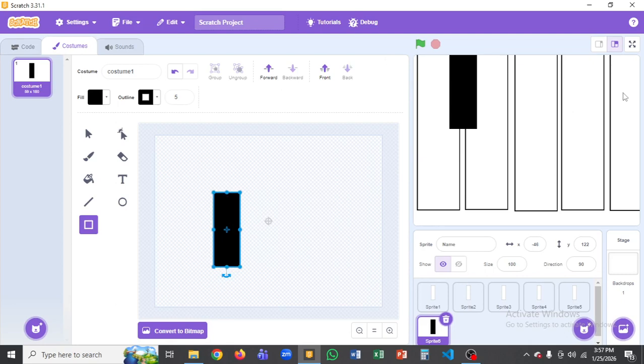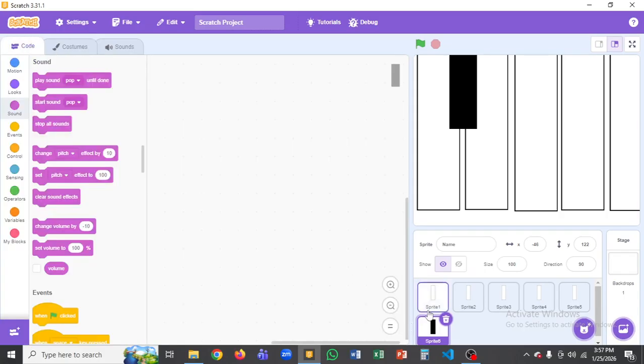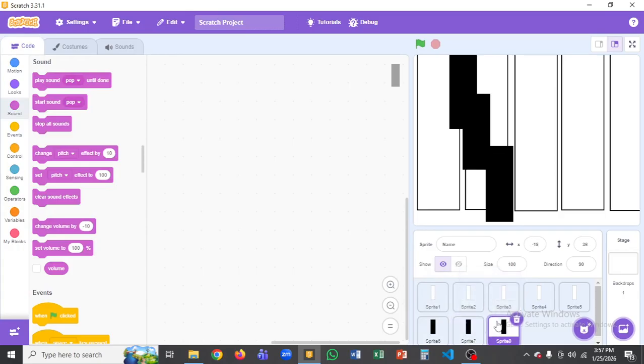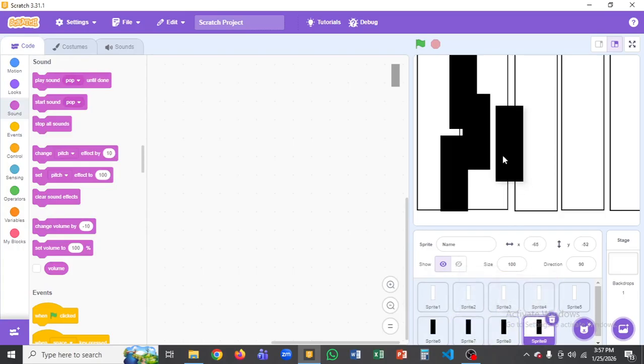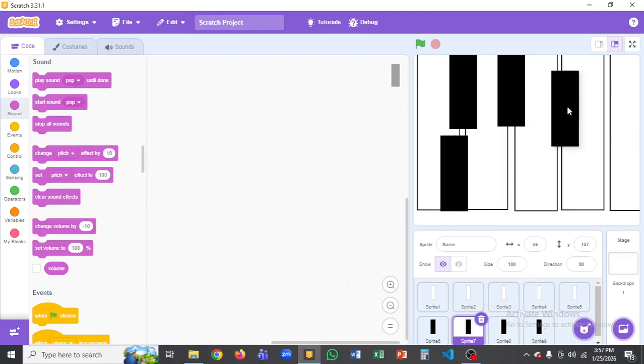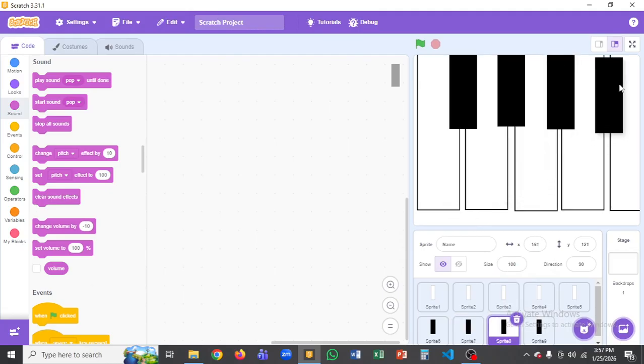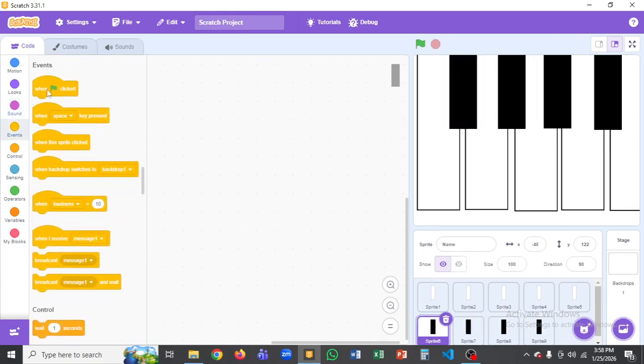So we're going to have 4 electric keys here. So this is the first one. So I'm gonna duplicate them all. So we're gonna have only 4 of these. Okay, so place them in space. So this one's here, and this one's here. Now this one is going to be when green flag is clicked,